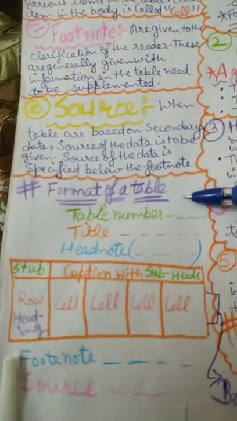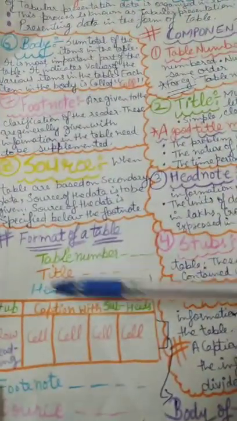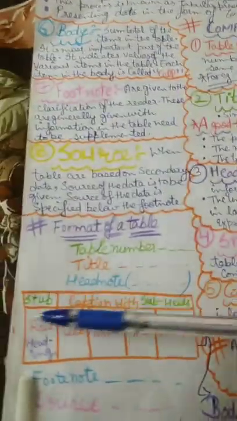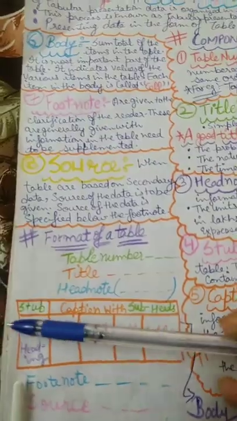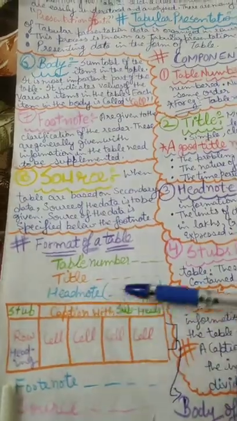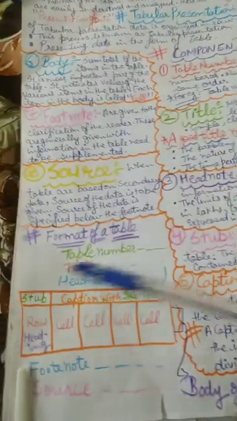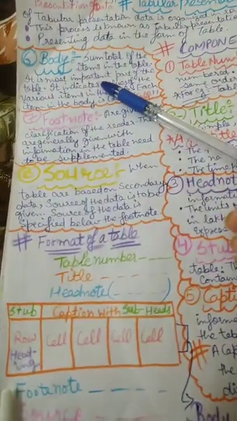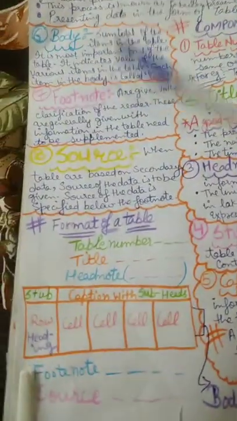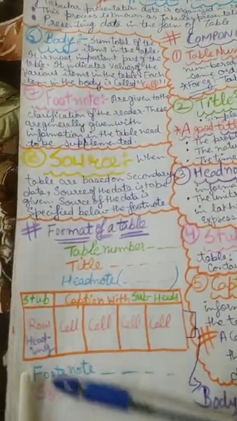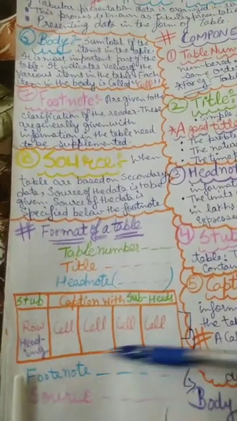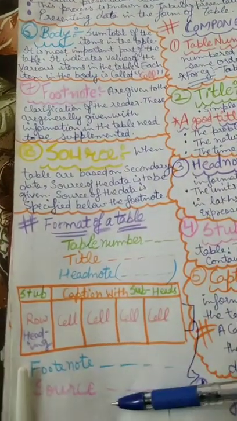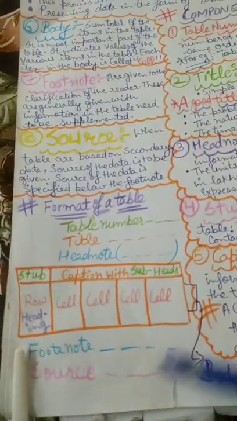First, the table number, we write here. The title we write here. The head note we write here. Stub means rows; the rows' heading is known as stub. Caption means column titles. Body means the overall data of all items of the table is known as body. Footnote means for clarification of anything; it is below or at the bottom of the table. Source, at last, is from where we have collected the data.